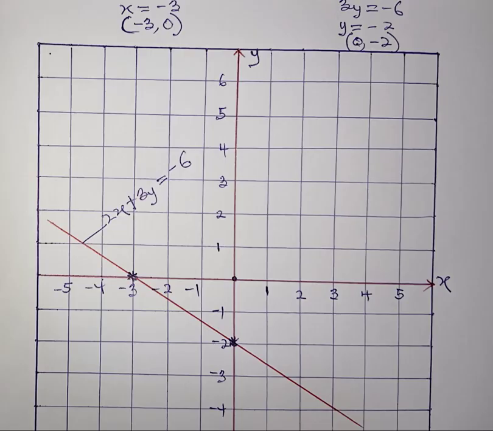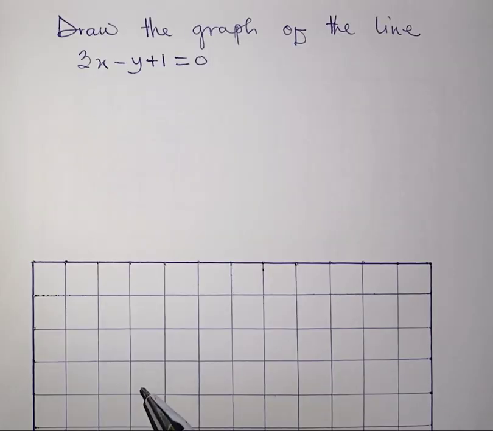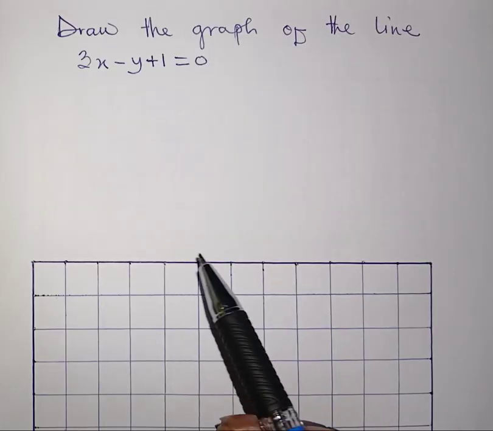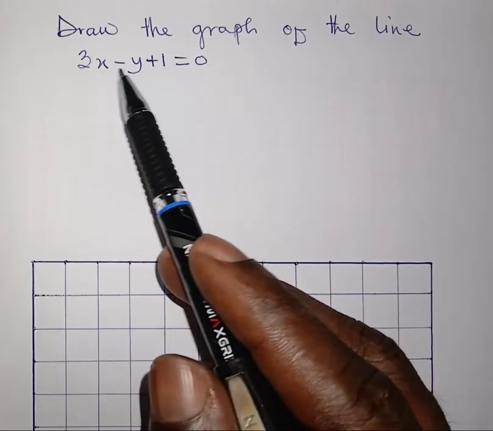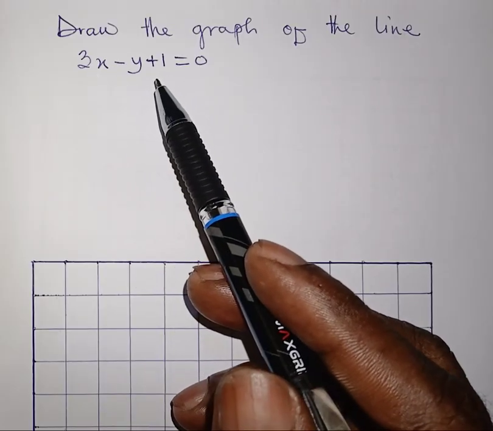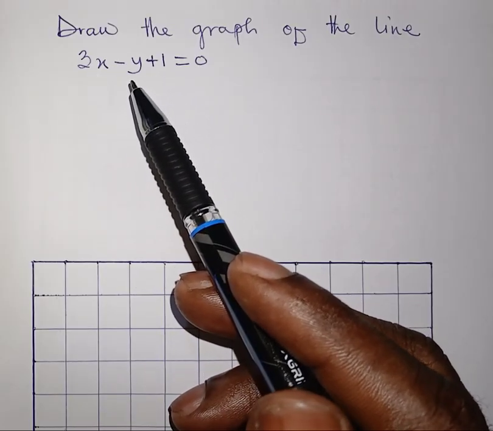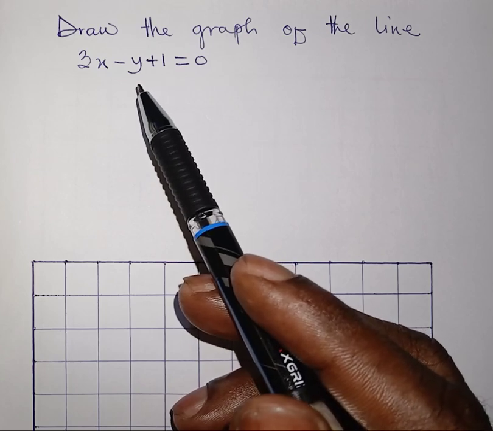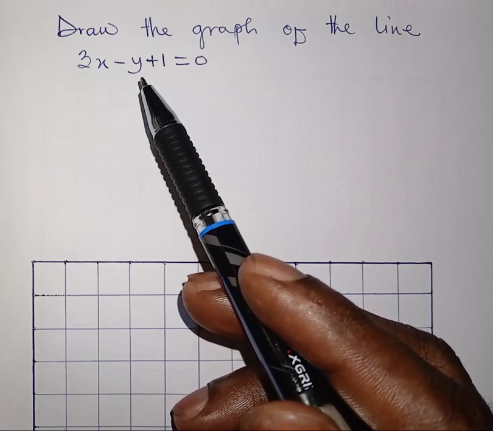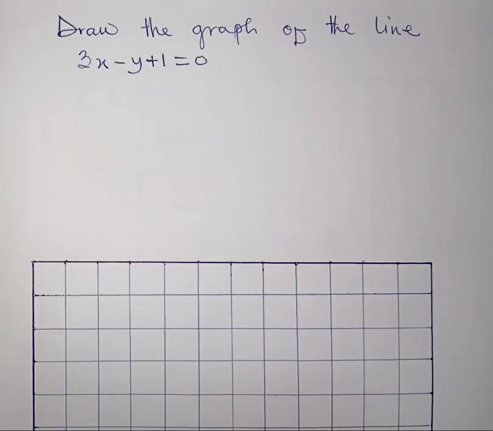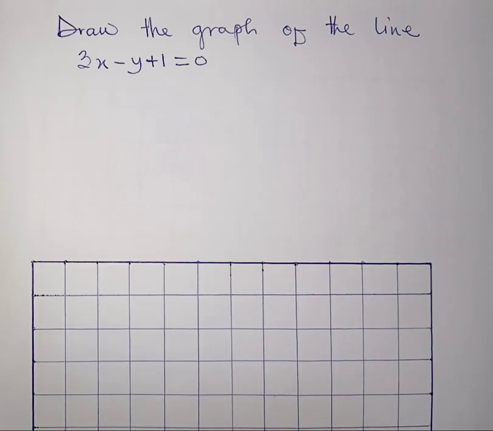That is the gradient and the y-intercept approach. Okay, so let's look at this example again. Okay, so we are also going to draw this graph. All right, now this time we are not going to use the x and y-intercept approach. We are going to use the gradient and the y-intercept. There are times that in a question you may be given the gradient and also be given the y-intercept to draw. So in this case, even though we have this equation there,